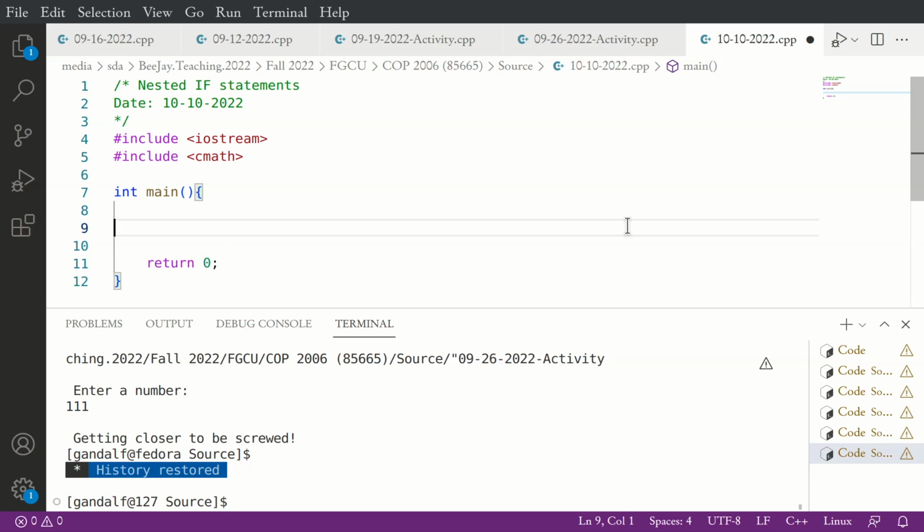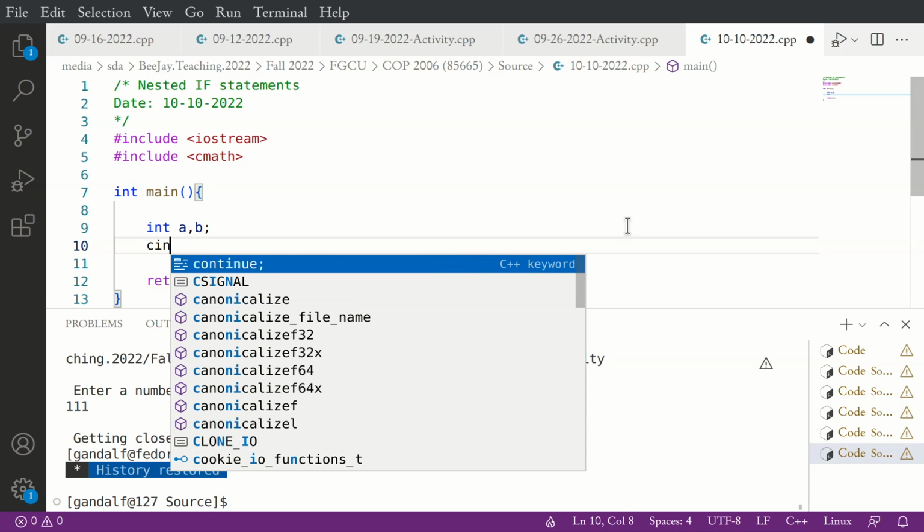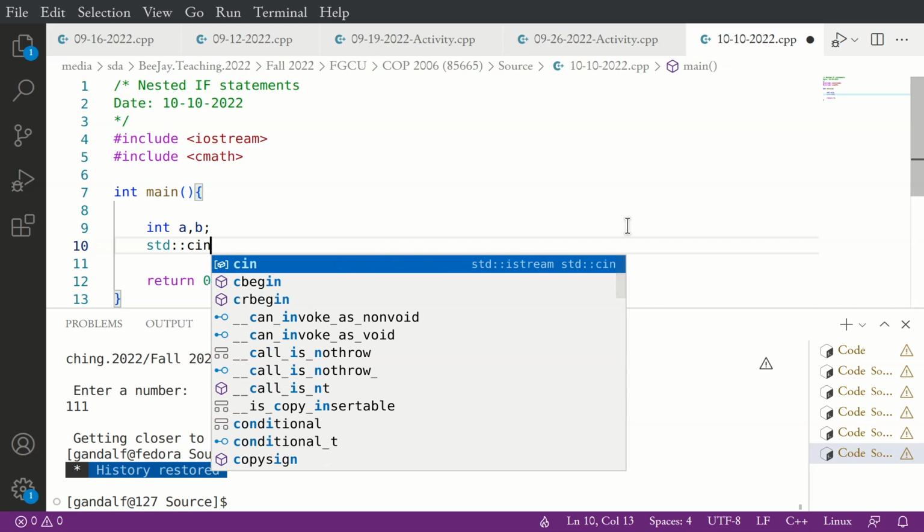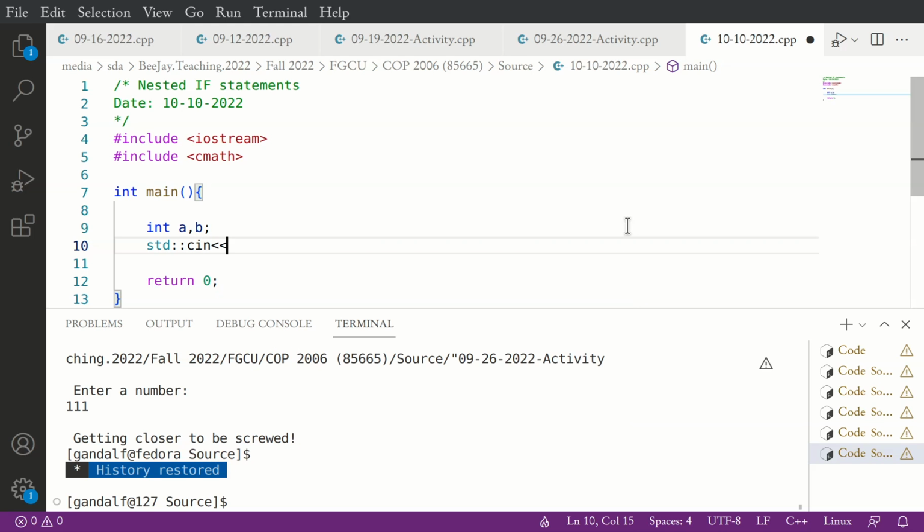I'm going to create two variables, integer variables, int.